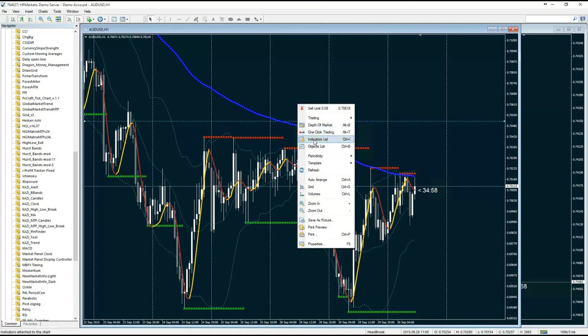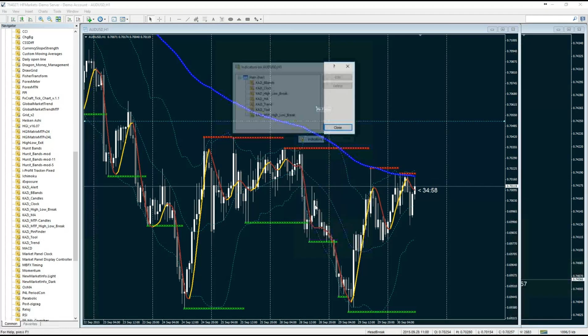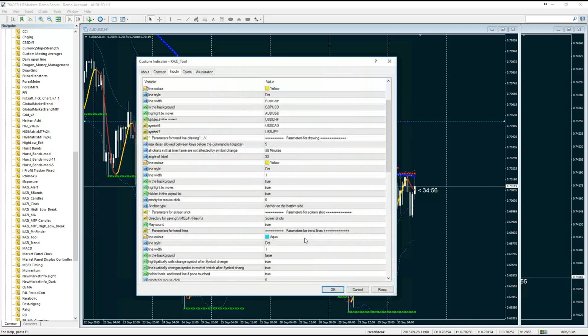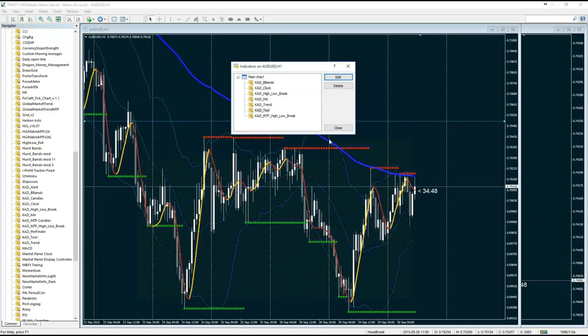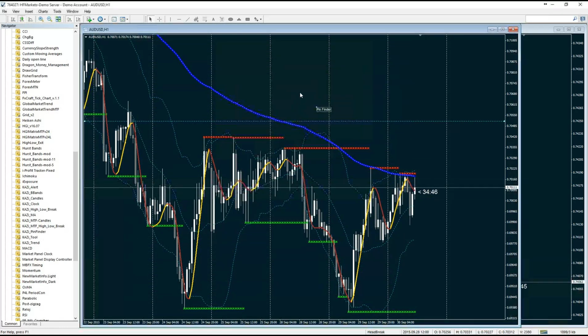So now I can go again, indicator list, CASI tool, edit, go back to horizontal line, set this continuation to the right to true. And now when I click HL at this spot, see the line starts exactly where I clicked. So it's escape to clear. If you do this, horizontal line from here, it's very nice and it shows exactly where it starts, and horizontal line here,